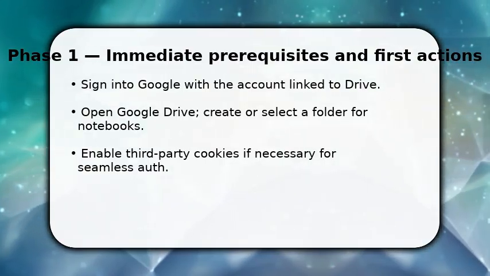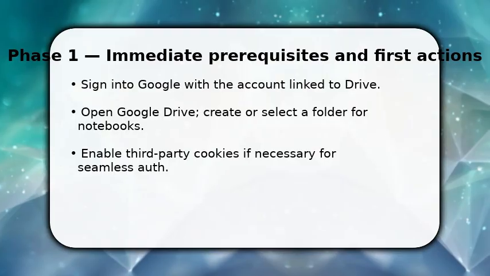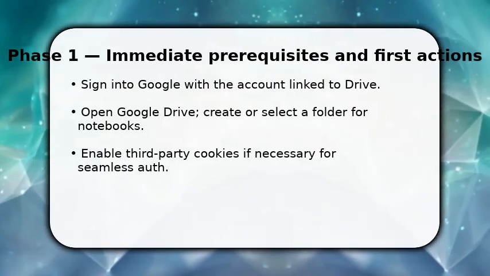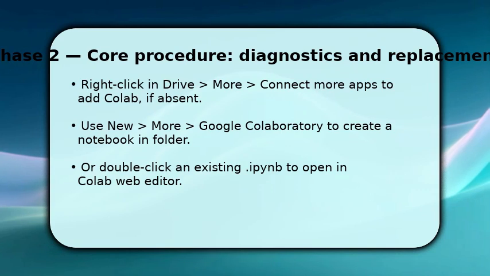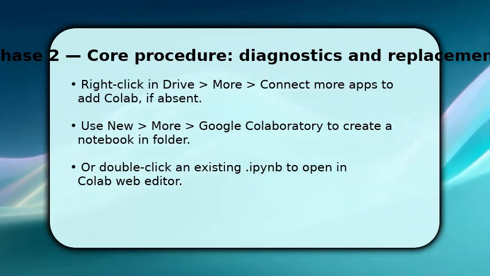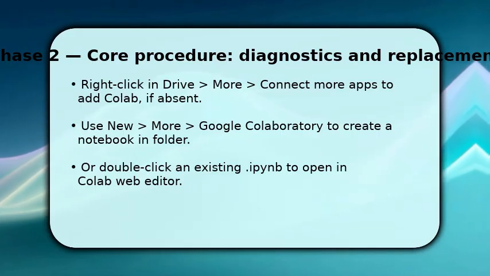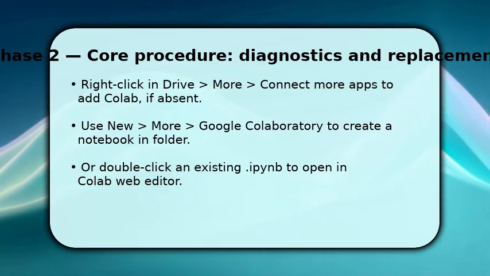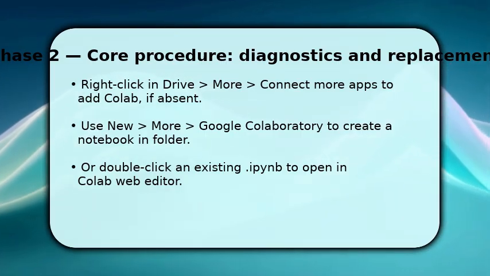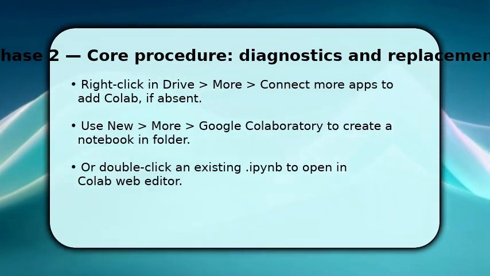Now that your account and folder are ready, move to creating or opening a Colab file directly from Drive to keep files synced. Once your folder is selected, right-click and choose New then More. If Collaboratory isn't listed, connect the app through Connect More Apps. This installs the Drive integration. After it appears, use New, More, Google Collaboratory to create a notebook that is saved directly into your chosen folder,